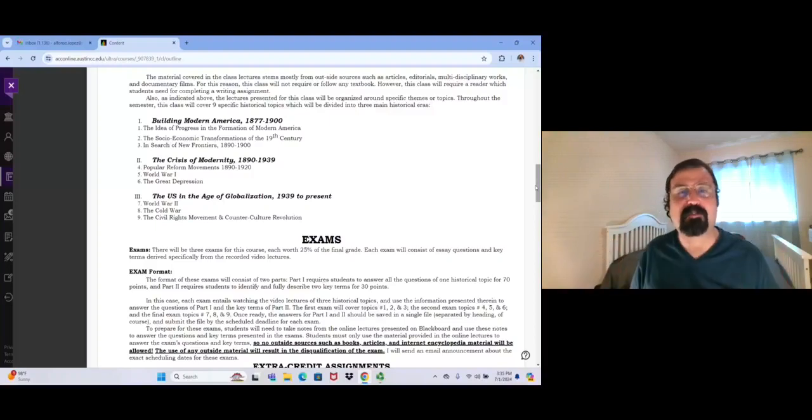Again, I titled this topic Popular Reform Movements from 1890 to 1920. This is a time period when we see the formation of movements, political movements arising from below, from the masses. For example, we see an agrarian movement led by farmers. The American farmers are going to become very politicized and very organized, and they're going to launch a political movement called the agrarian movement that aimed at addressing the problems of the countryside of the American farmer that was affected, again, by rising prices, for example, by